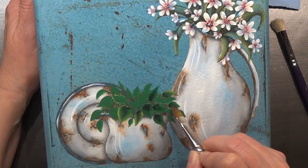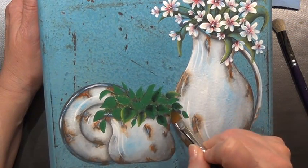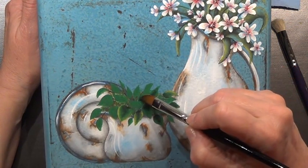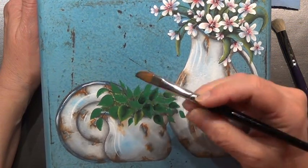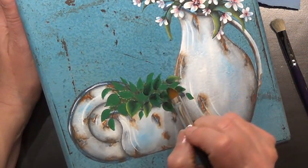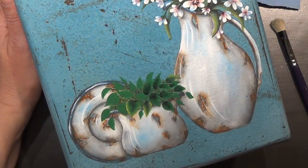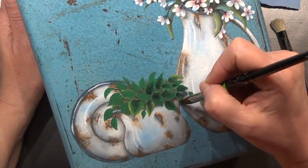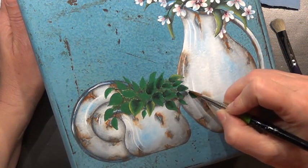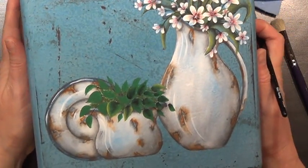And then paint a few more of these and let those get dry. There's a big one here. If you can't tell where your leaf shapes are, then put your pattern on here and put some lines back in so you can see where they're separated at. On these smaller ones, I'll probably just keep it more at just the base. I probably should go to a smaller brush. Okay, I'm just going to do those few right there so I can show you how to add the highlight